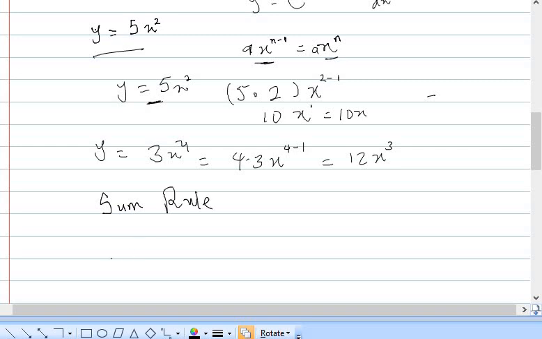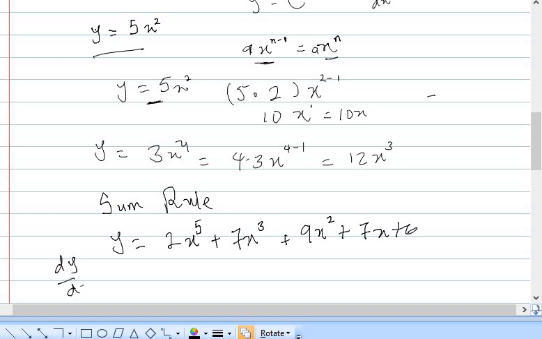So the sum rule is just to take the derivative of individual terms. Let's say the question is given as y is equal to 2x raised to the power of 5 plus 7x raised to the power of 3 plus 9x squared plus 7x plus 6. So this is the sum rule. If you were asked to find the derivative of this, that is to find dy/dx, just simply take the derivative of each term